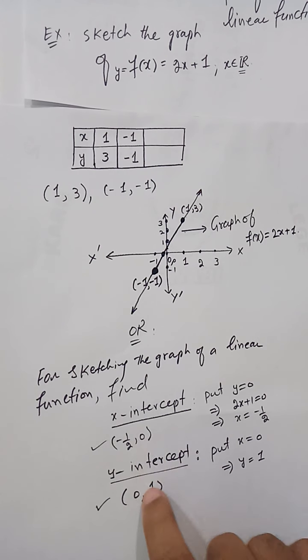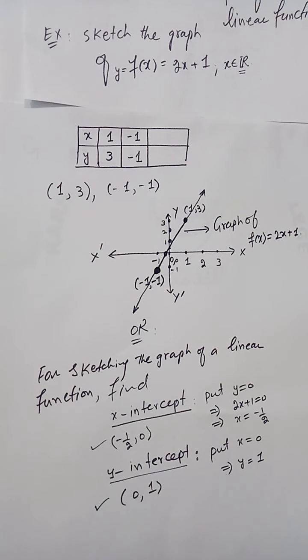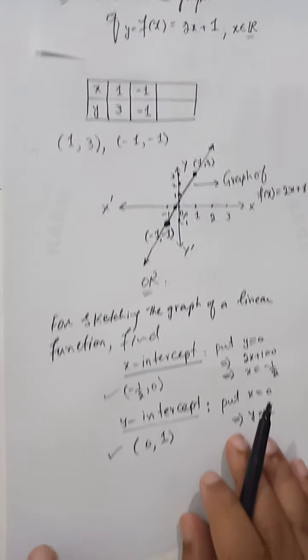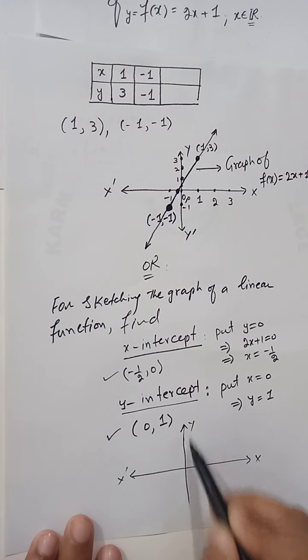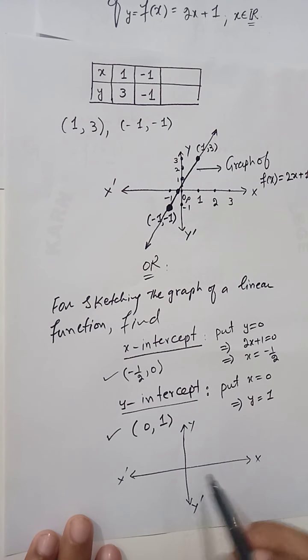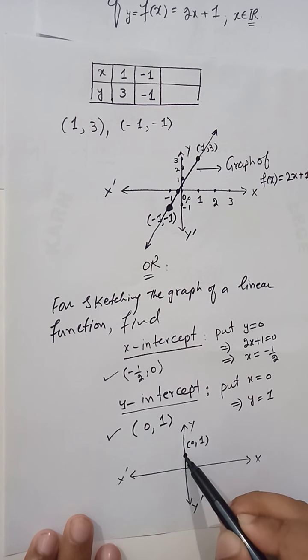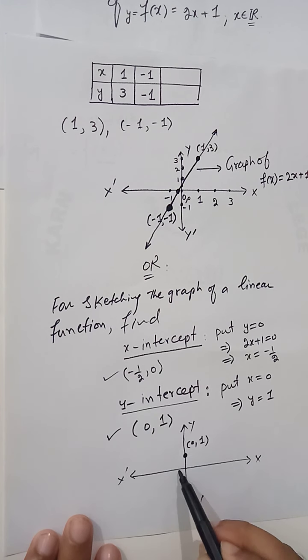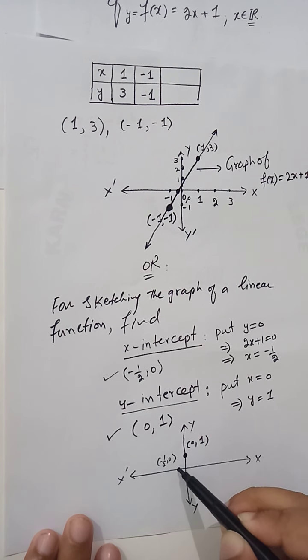So now plot these 2 points, which are the x-intercept and y-intercept, and just pass a line through these 2 points. So this is another method to draw the graph. So now you see that this is the x-axis, this is the y-axis. So now 0, 1, this is 0 and this is 1, 0, 1. So this is the y-intercept. From here the graph will pass through the y-axis, and -1 by 2, 0. So this is -1 by 2, 0, this point. So now draw the graph through these 2 points.